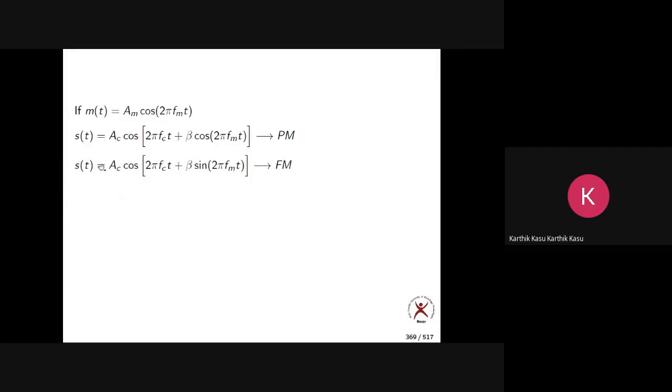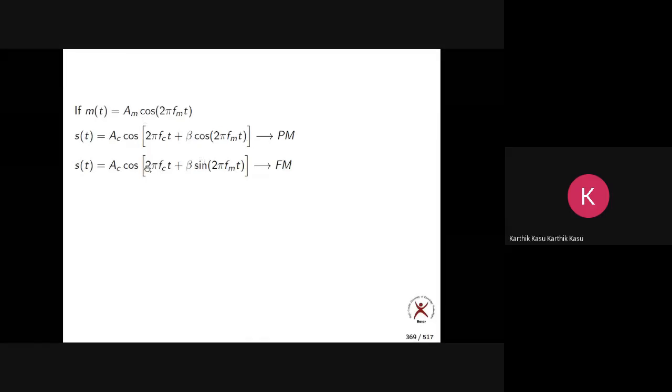So these are the equations of phase modulation and frequency modulation if m(t) equals Am sin 2 pi fm t. So what is beta here in case of PM? Kp Am. Here in case of FM, Kf Am by fm. So please do practice all these derivations on your own. Take a paper and try to derive all the expressions. After the class, try to derive all the expressions one by one. You will get them. No problem.